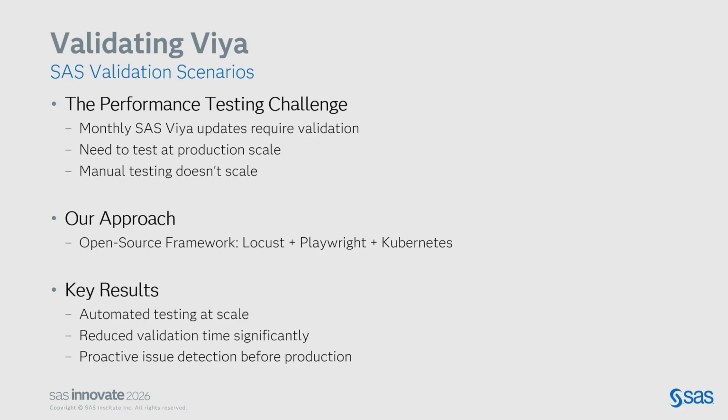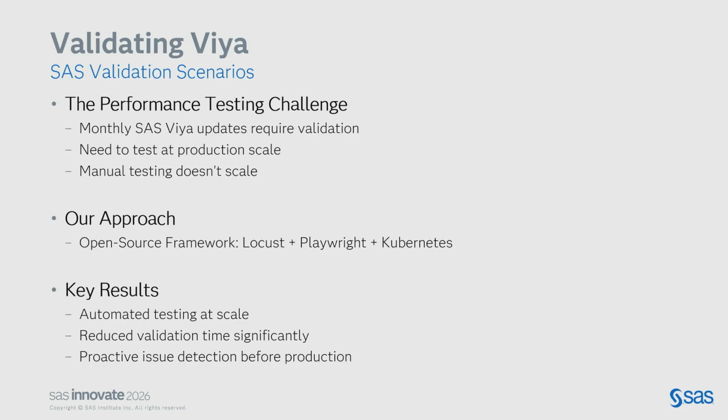I'll show you the demos, but some of the results that we found: once we automated the validation tests and applied this into the environment, we can now run automated performance tests with concurrent users, executing real-world workloads. And I think the validation time has dropped dramatically. Before, it used to take days from non-prod to production to plan for it, do the manual tests, everything end to end.